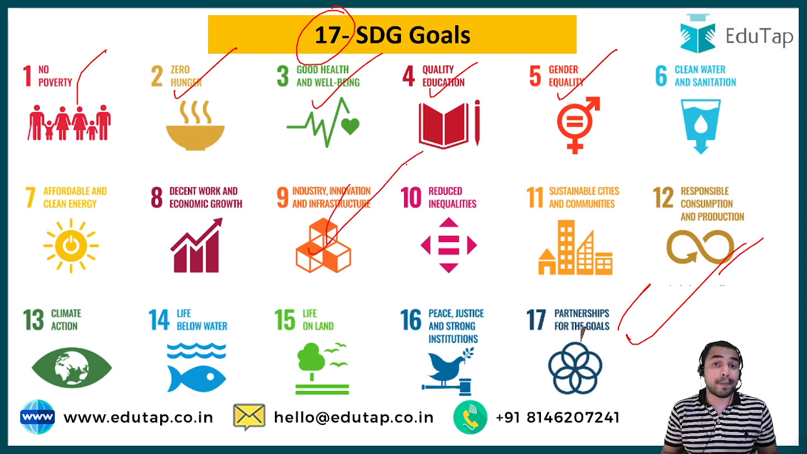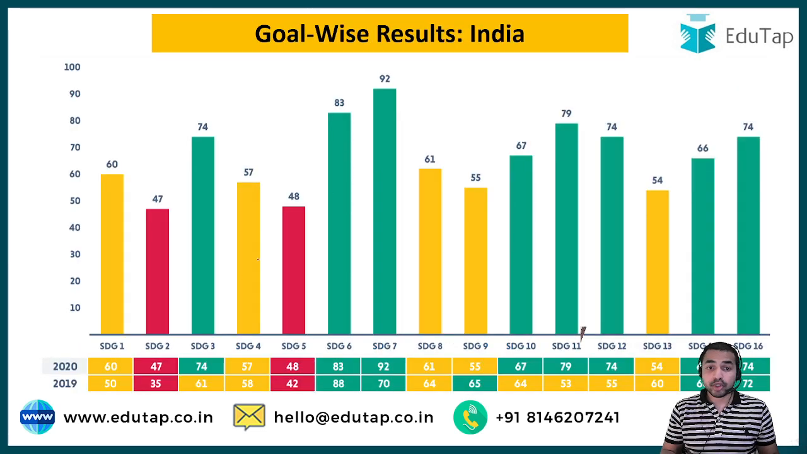That is the goal. Goal number 9 is related to industry, innovation and infrastructure. So guys, that's why this whole list is very important from the exam point of view. So guys, if we talk about the goal-wise results of India, then as per this report,